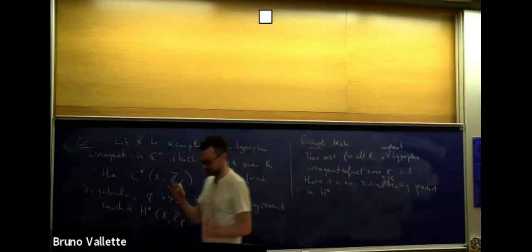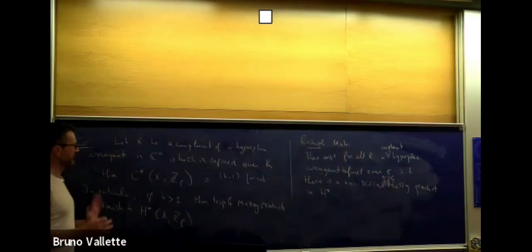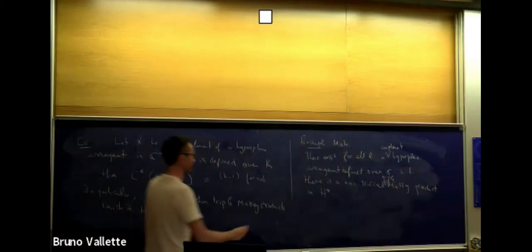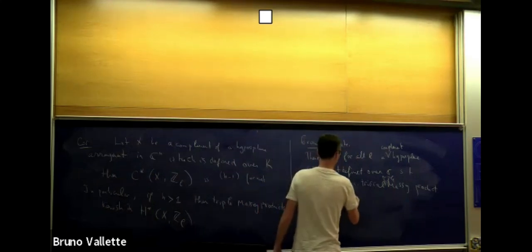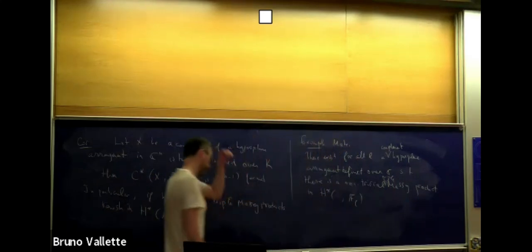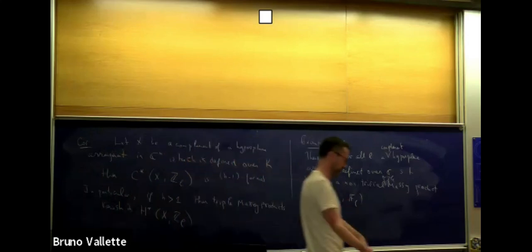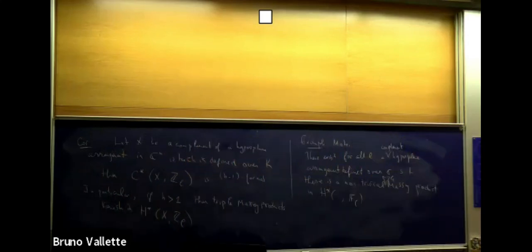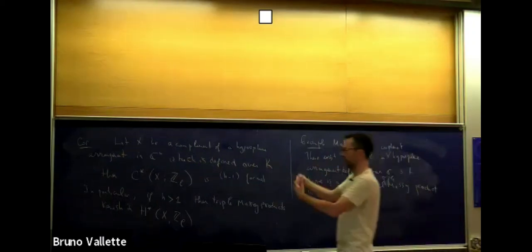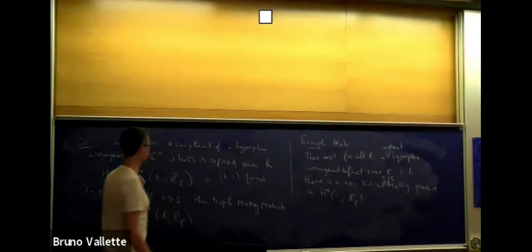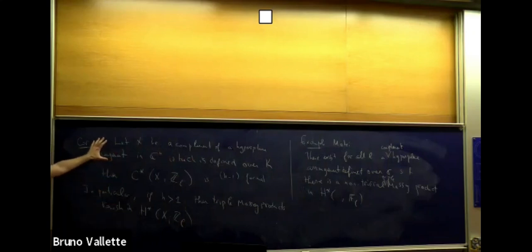So what this example shows is that cohomology with FL coefficients is much more subtle than with rational coefficients, because it's known that over the rationals, all of these complements of hyperplane arrangements will have trivial Massey products. But our result shows that in some way it gives an obstruction to descending your